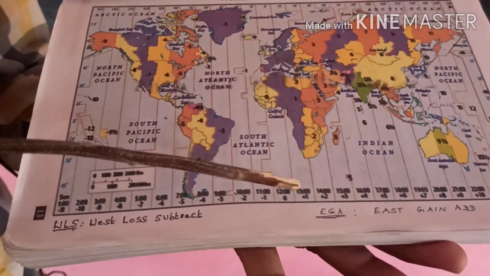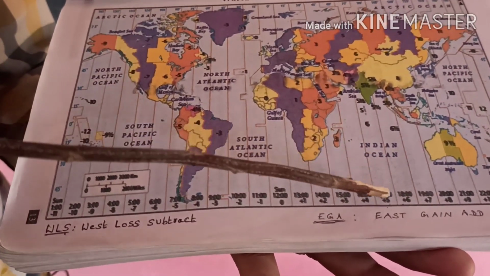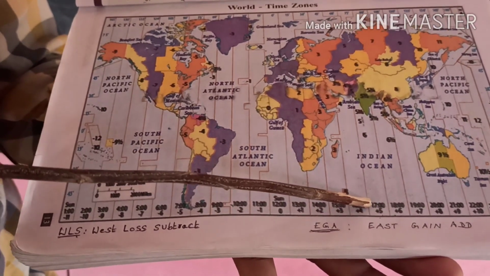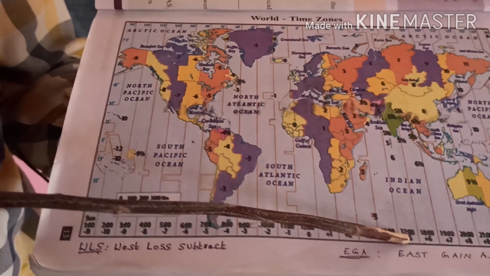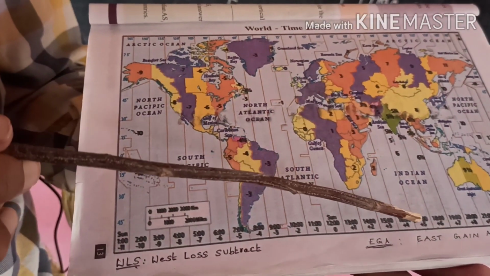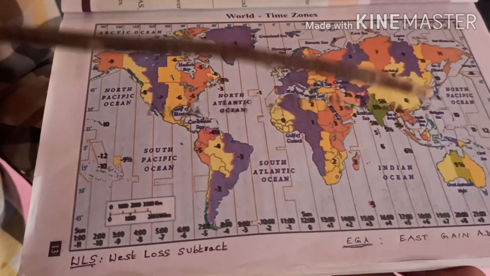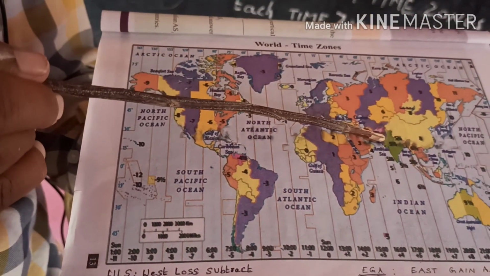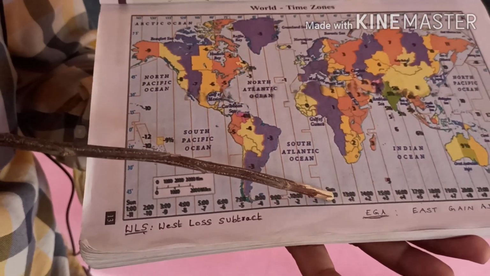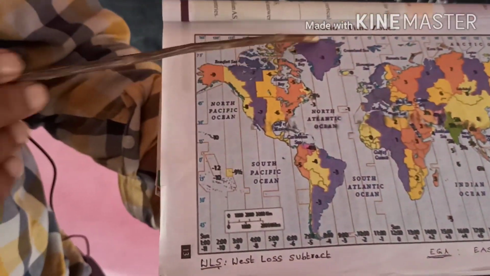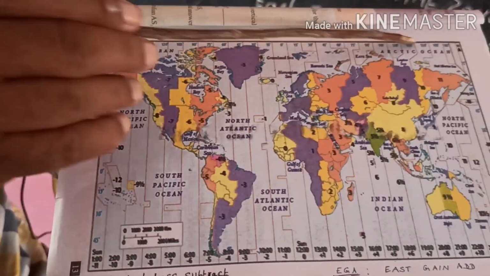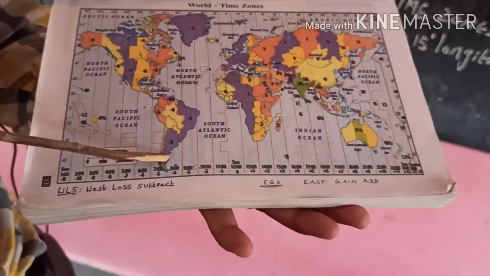That means the time at plus 5 time zone is 5 p.m. So, yes, Pakistan is located at plus 5 time zone. The time is 5 p.m. at Pakistan when the time is 12 p.m. in 0 time zone. Now, when you see this map very clearly, you can notice that India